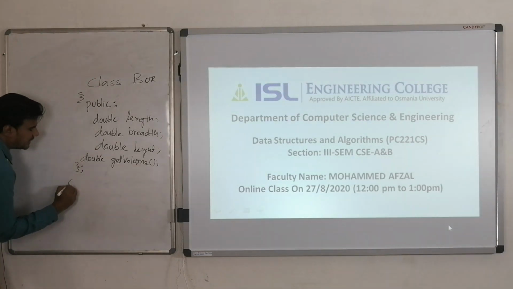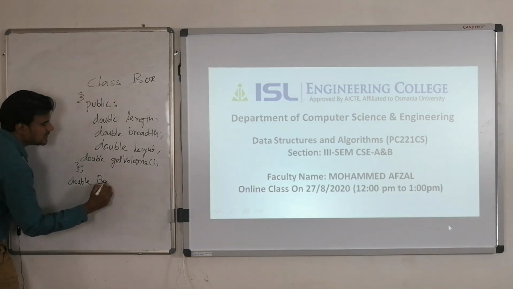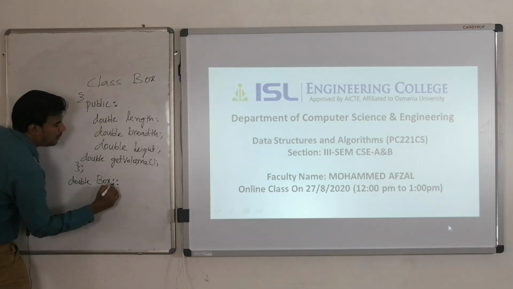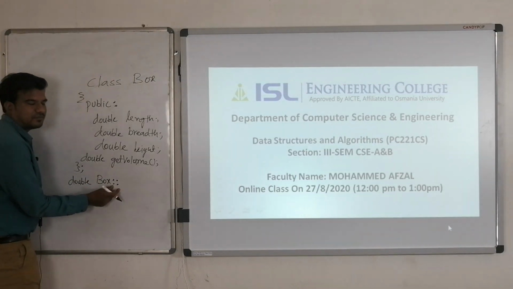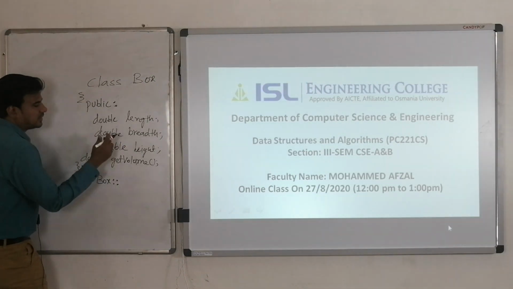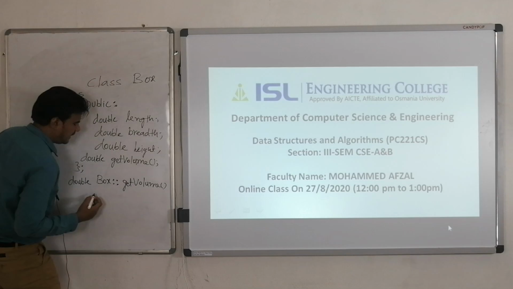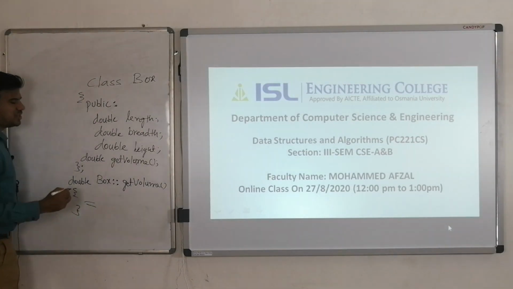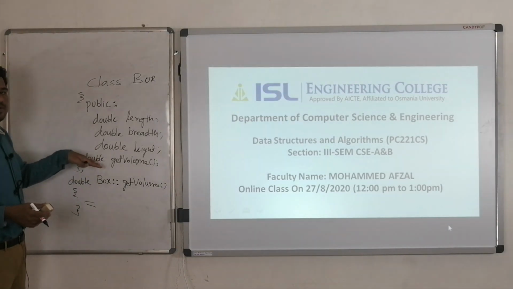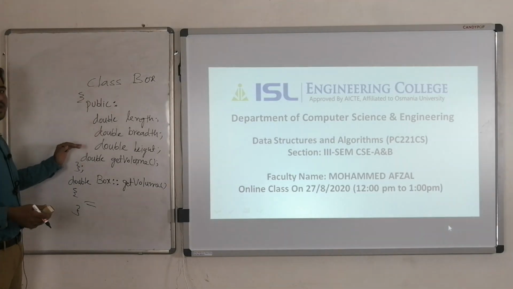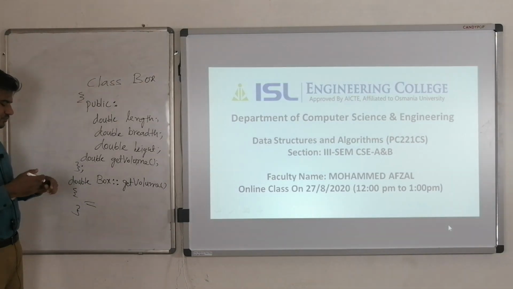First you have to write the return type, that is double, followed by the class name box, and we said we are going to use the scope resolution operator. Two colon symbols, one after the other. We call this the scope resolution operator. And now put your member function, that is get volume, and inside it you can write the code associated to that get volume function. In this way we can write the member function definition within the class, or we can write it outside the class. Two possibilities we have.